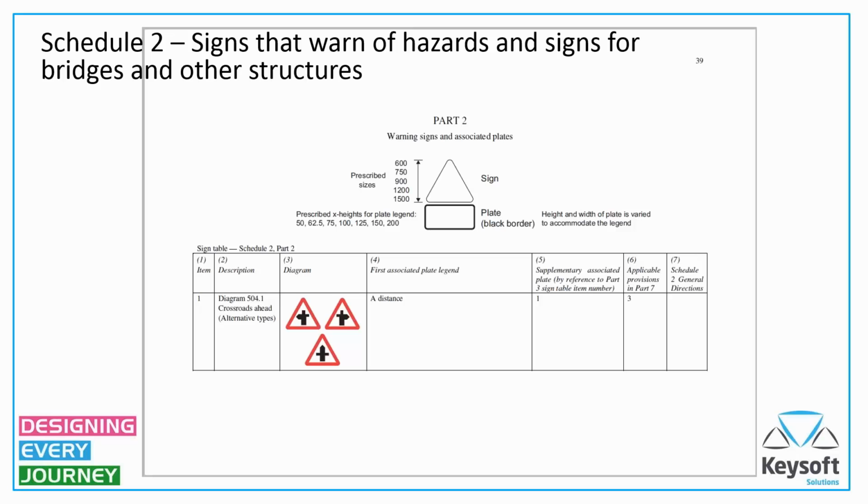This is just the first page of Schedule 2. In fact, it's not the first page, it's Part 2 of Schedule 2. But it's the first page that you will come to when you flick through the document. The previous parts, I'll just remind myself what that is actually. So this is page 39. I'm afraid I haven't got all the pages on these screenshots, but for my benefit, at least for the moment, 39 is the first numbered page there. In fact, page 38 is Part 1, and that has some